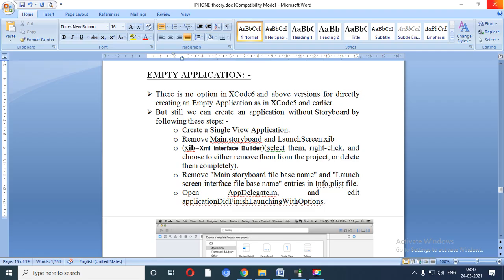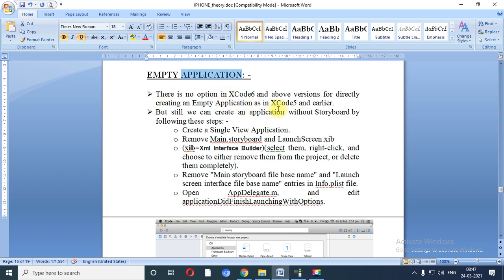So first question is called empty application in Xcode, right? So this question may be asked in a 3 mark. So let us begin. In the version of Xcode 6, there is no option available like empty application.